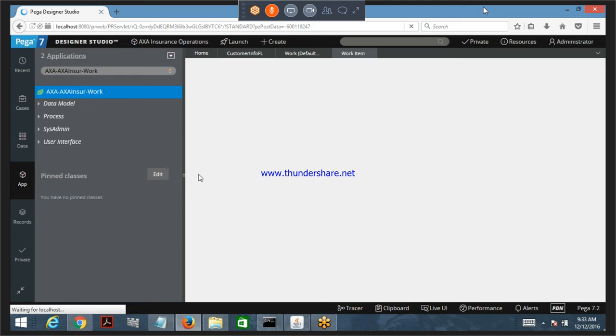That means I closed it in between and I opened it again. That means it should be there, saving into the database already. Once I create it, if it is saved in the database, next time when I open, it will be available to me. Otherwise, without saving into the database, this will not be available to me next time when I try to open it. Once you create a work object, the work object will save into a PRPC OOTB table. OOTB means out of the box table called PC underscore